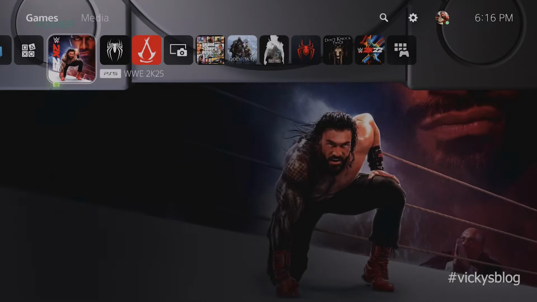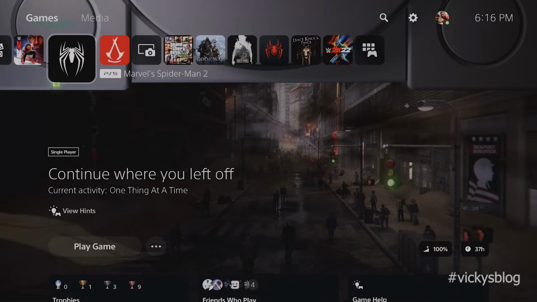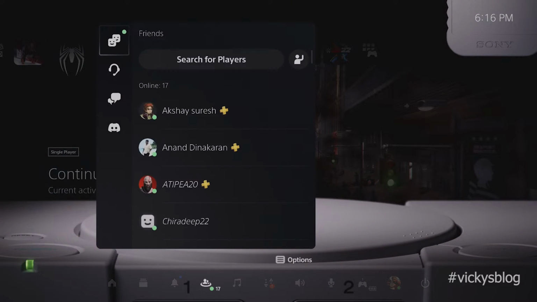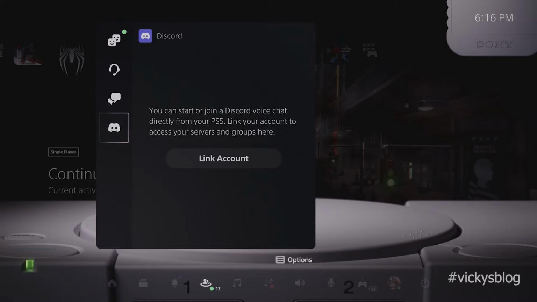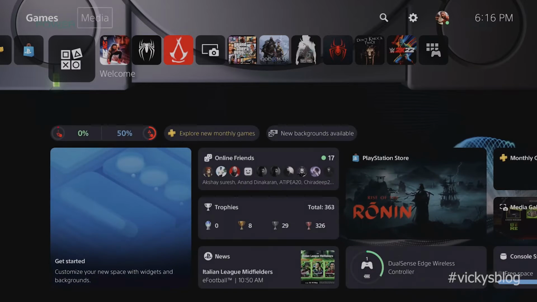Hello guys, in this video I'm just going to explain how to link your Discord account on your PS5 to chat. Okay, you need to press this PS button and go to Game Base, and just scroll down. So here you can link the account, or else you can directly go to settings